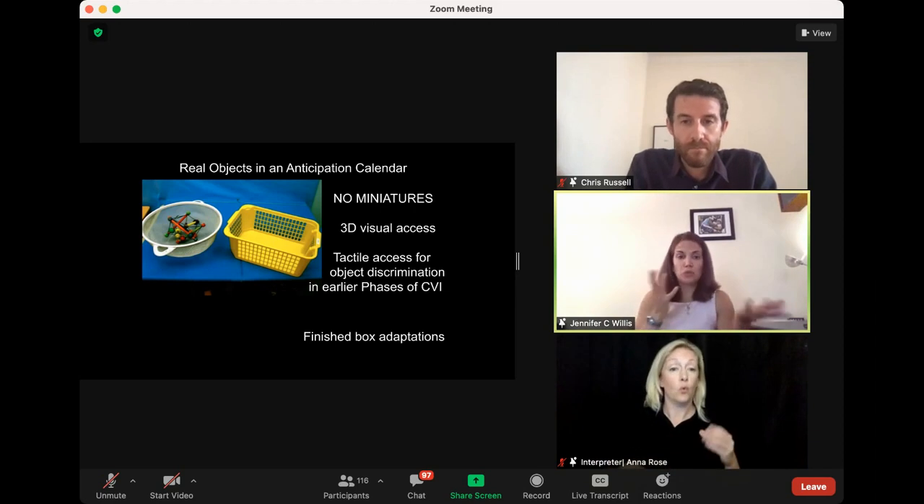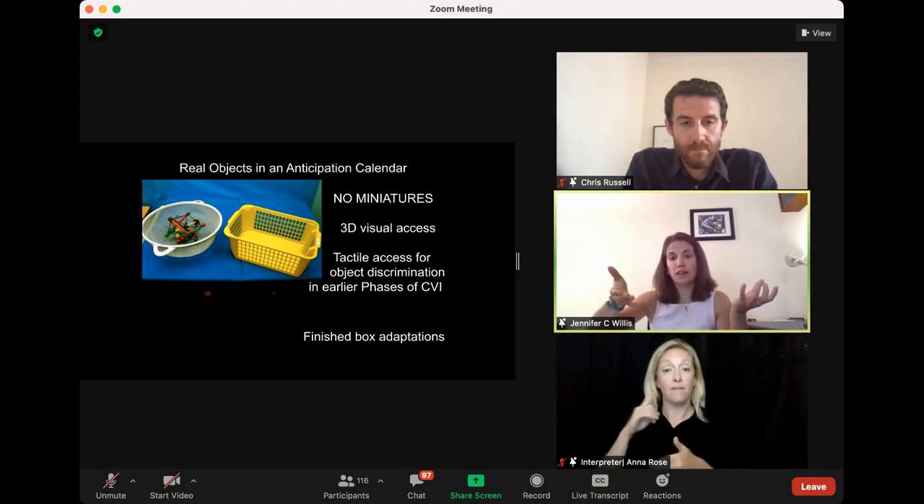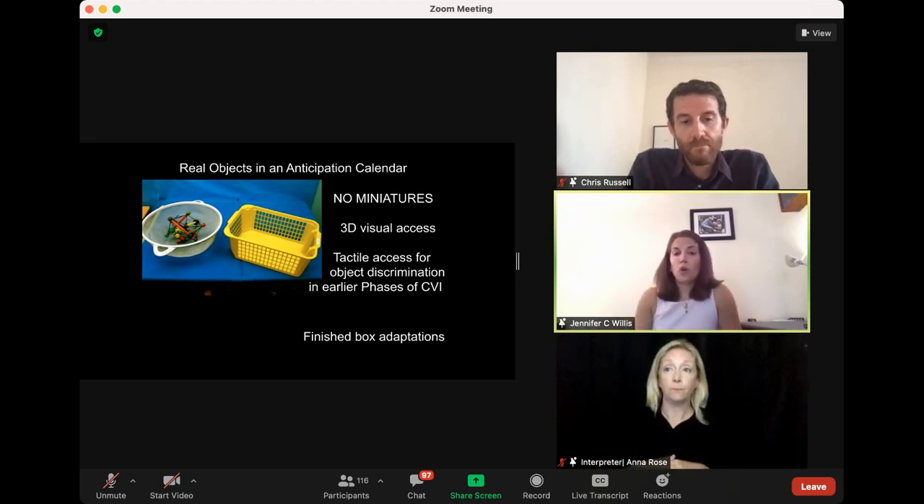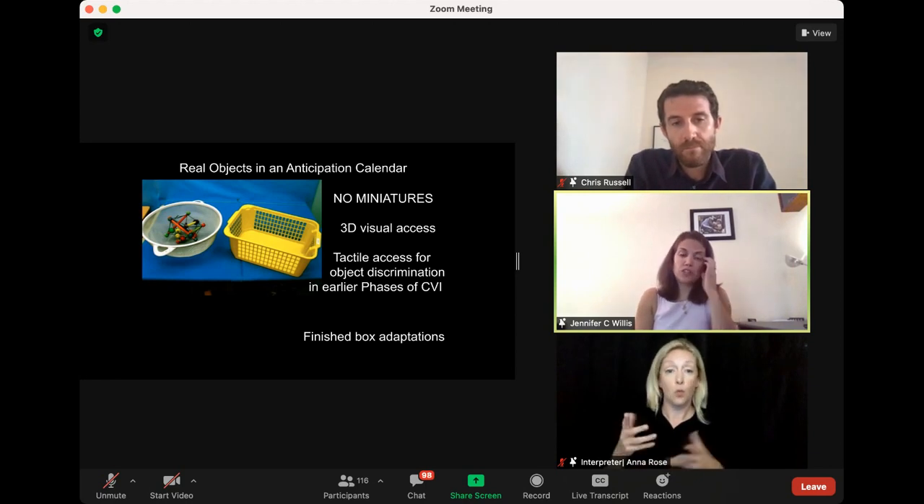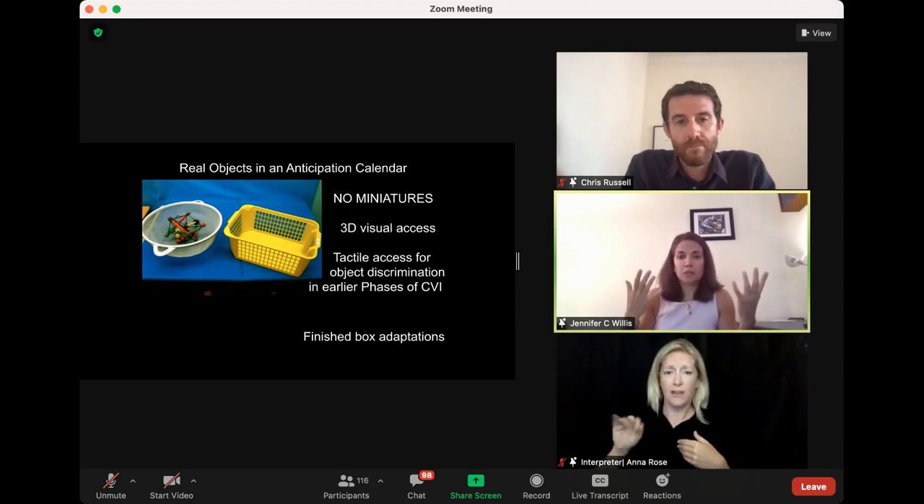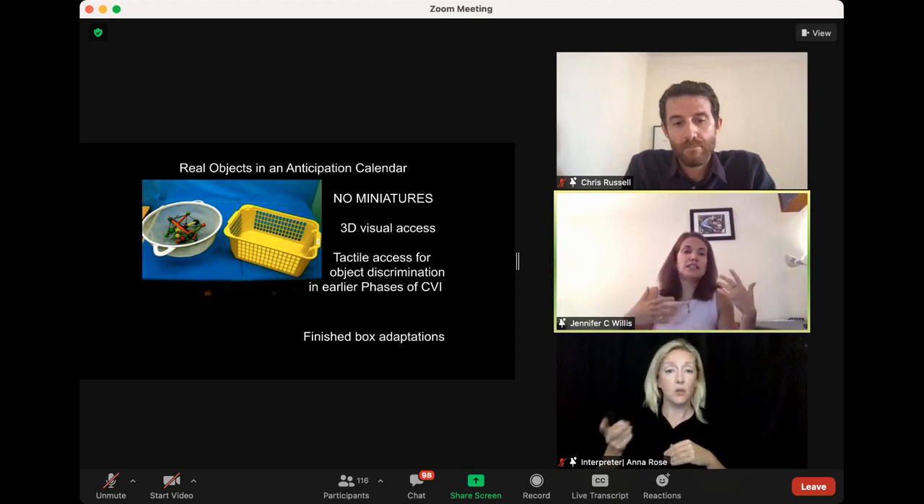So you'll see here there are 2 distinct bins, one with the object that represents the next activity that's coming up, and then the finish bin for when that is done. We want these objects to be tactilely accessible for our students, especially if they are in the earlier phases of CVI, and tactilely unique. Because we know for our students who are in phase 1, or maybe even early phase 2, depending on the environment, we would hope that the objects meet their CVI needs, that they are visually accessible for them to